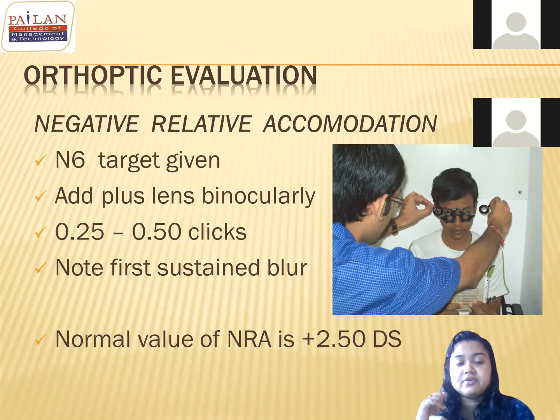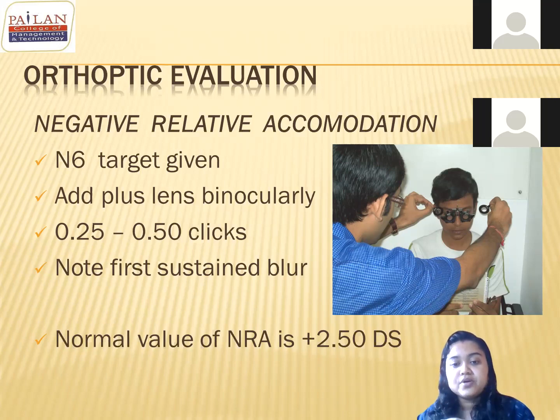We always first measure the distance from the eye to the reading book so that the distance is not getting changed. Okay. Patient is holding the book. Now from the trial box, you are adding plus lenses in 0.25 clicks. Means you add first plus 0.25. Tell the patient whether it is clear. Yes, it will be clear. Then you add plus 0.5. Again ask the patient, the patient will report yes, it is clear.